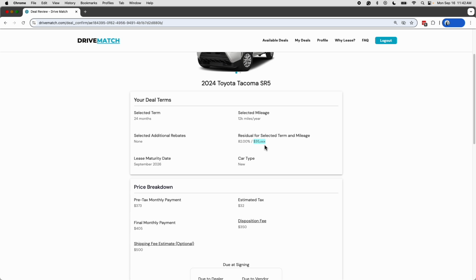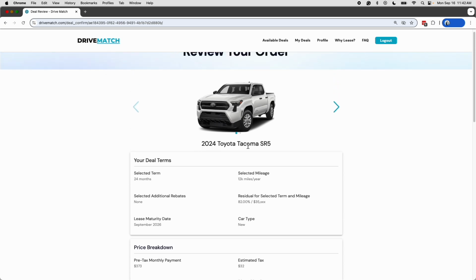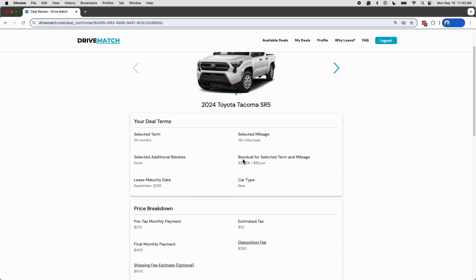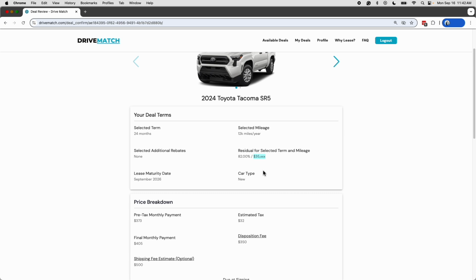Now, does it always make sense to buy the car at the end of the lease term? No, it doesn't. What I try to tell everyone is that at the end of the lease, let's say you have like a month left on your lease, what you want to see is, hey, what are these 2024 Toyota Tacomas selling for on the open market? Now, if they're selling for more than $35,000, chances are that you have positive equity. And I would say that, from a financial decision standpoint, it probably makes sense to either buy your lease and continue to drive it for another year or two, or realize the positive equity that you have in the lease